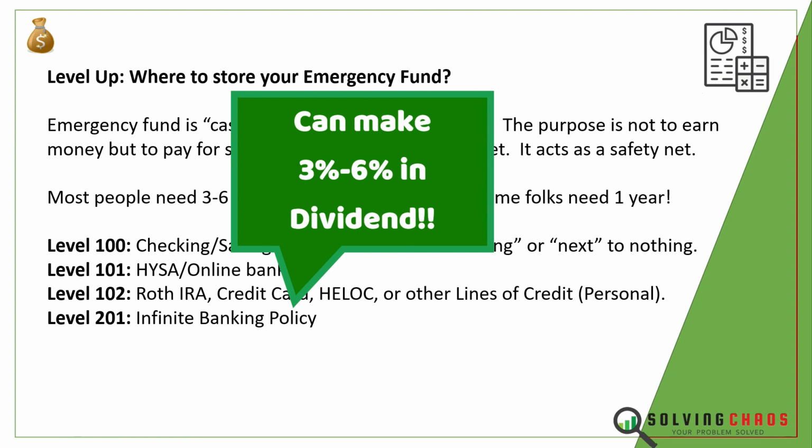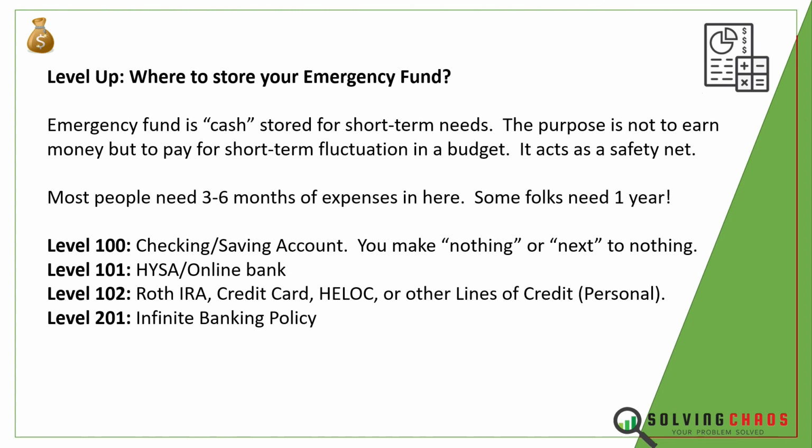And this is sort of the last concept in level 201. Not a lot of people will ever get this need. But I always view it this way: the more money you make, the more options you have in life. If your net worth never surpasses 100,000, you may never need or understand the need for infinite banking. But if your net worth surpasses $5 million or more, at some point you may say, look, I've got way too much money in real estate. I even have way too much money in the stock market, because you can have multiple millions in these asset classes,